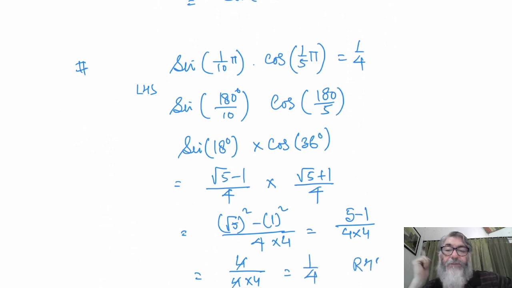Sometimes for children it becomes difficult to imagine in terms of pi. So the most simple way is to convert that into degrees, because you correlate with degrees faster than with pi. Maybe children who have a higher IQ will have no issues with degrees or radians, but generally children will have difficulty in terms of pi, so convert them. It becomes very simple for you, and then it becomes simpler to sort it out. Now let us see the next.